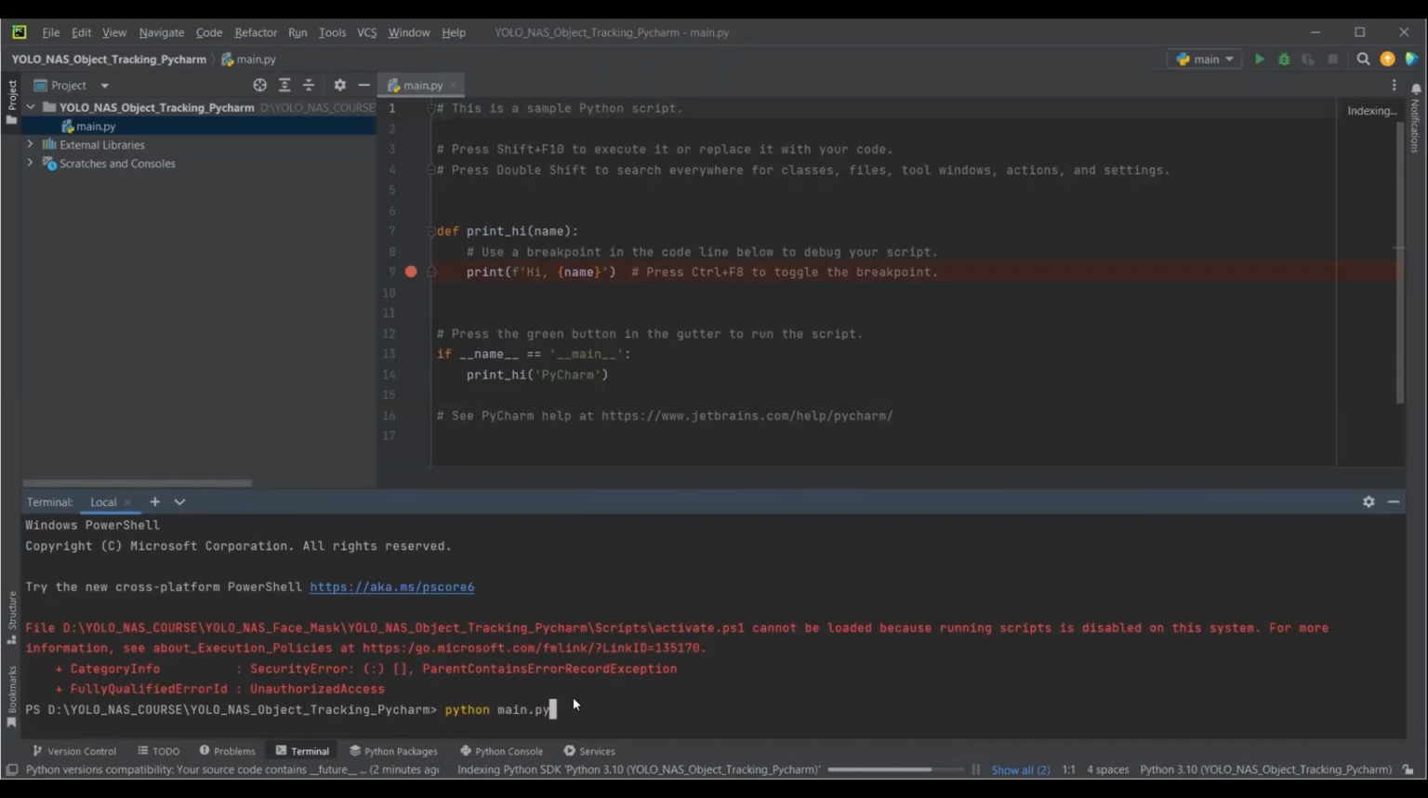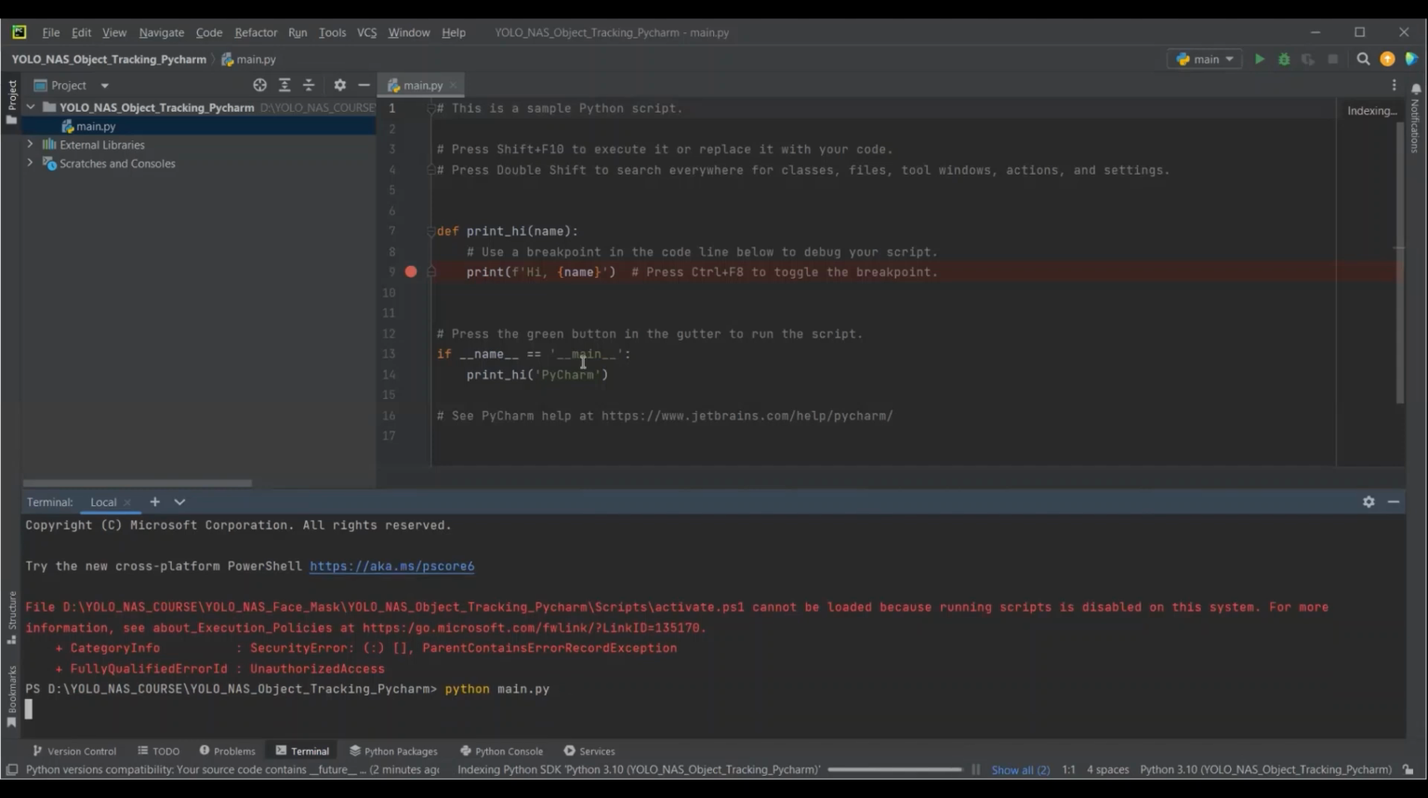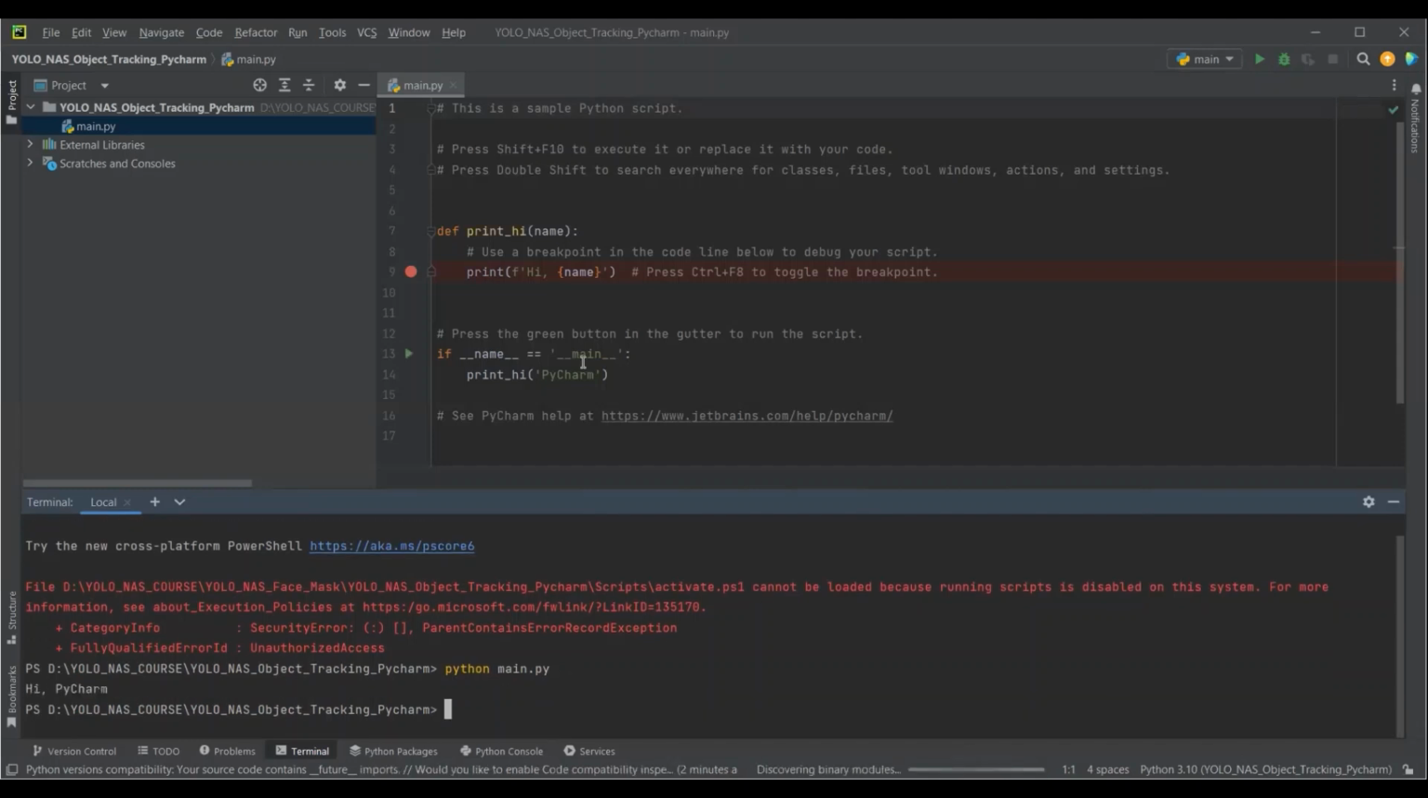So now just run this. Let's first run this and see whether we are able to print PyCharm or not. So now you can see that we have printed "Hi PyCharm". Basically here we have the "Hi" and here we have the "PyCharm". So that's working fine. Now to read an image using OpenCV, we require only one library, which is OpenCV